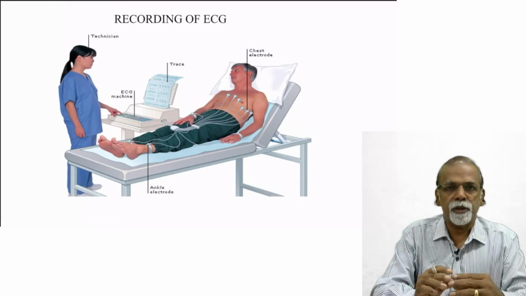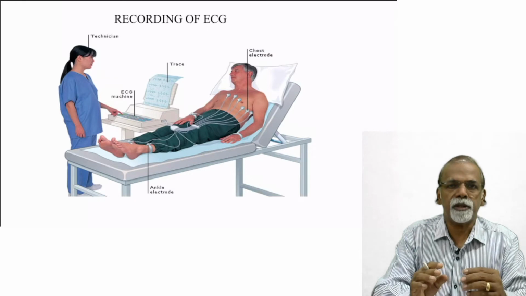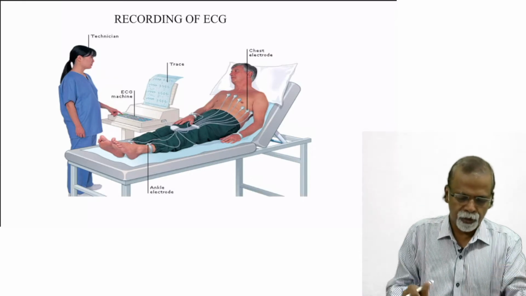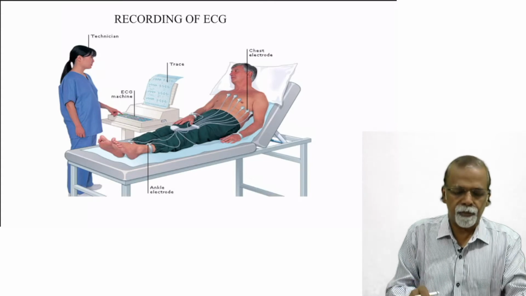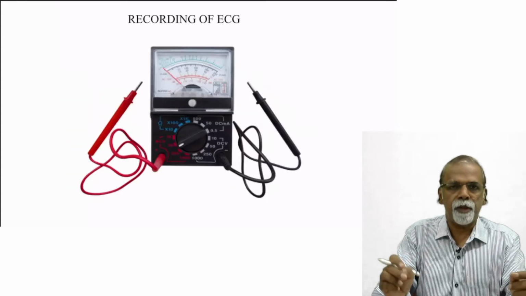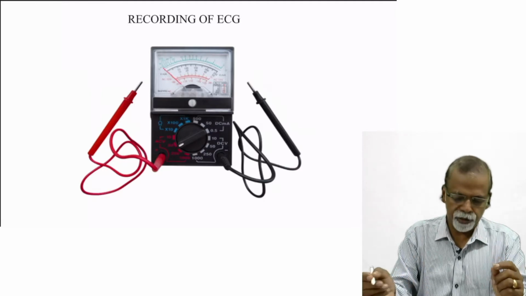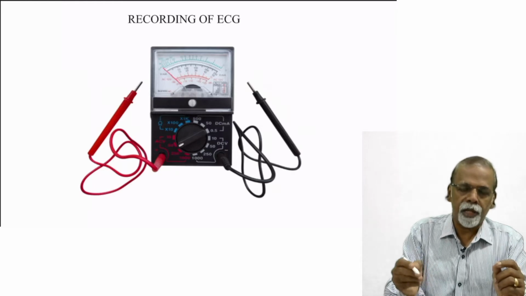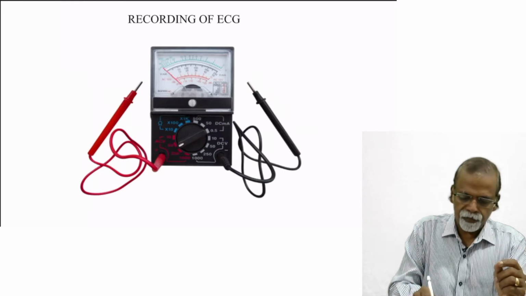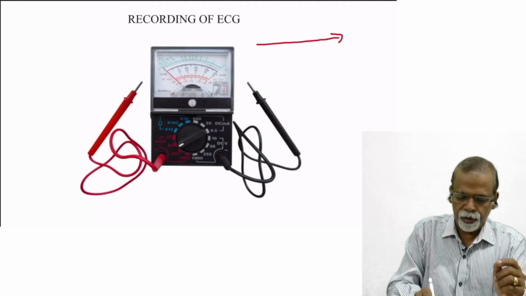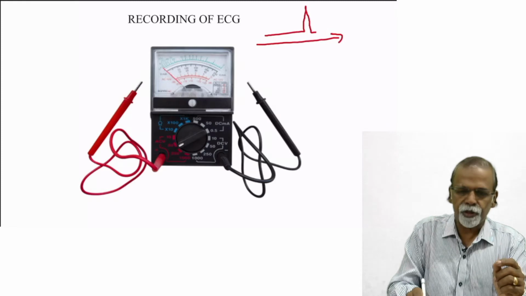This session is mainly on the vector of the QRS in the frontal plane axis. So when we say vector, it is in the frontal plane axis. And this is the ECG machine about which we have already discussed. Basically, the ECG machine is a modified galvanometer. As described earlier, if the electrical force goes to the positive pole, this will produce a positive deflection. This is something we should remember.